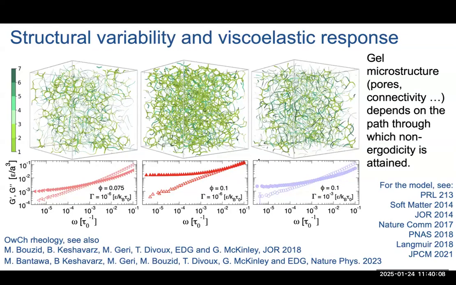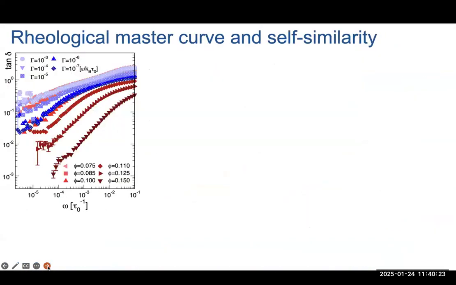But again, to characterize how these networks are different, it's kind of difficult, and I'm left with the fact that I have to do a separate description for each of these gels. So if I take now, because we can do these simulations with very large samples and compute very quickly the